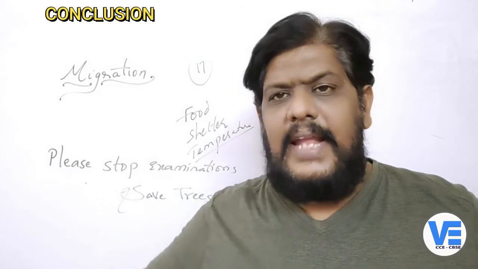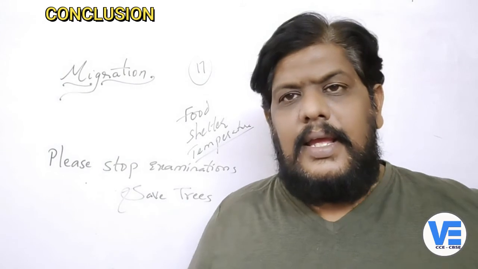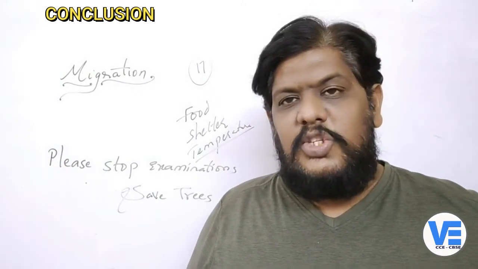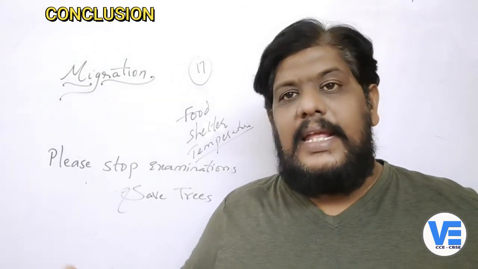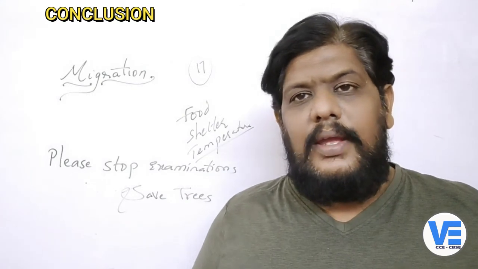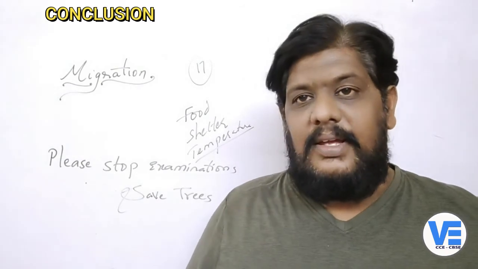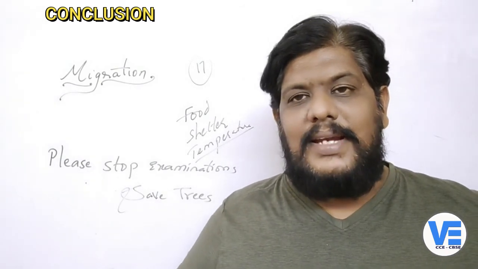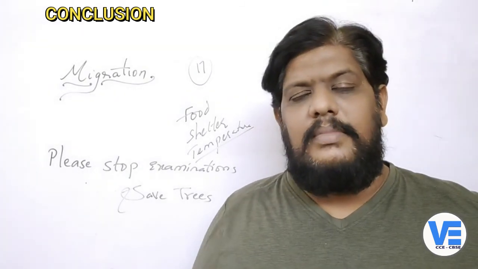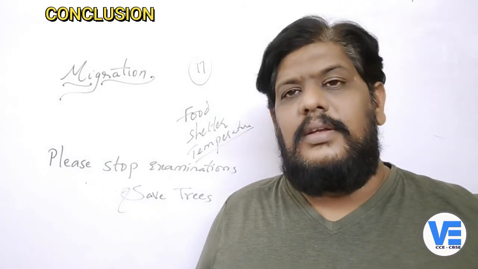In the same way, if one animal is extinct, if one plant species is extinct, then that will have an effect and influence on all the other animals, isn't it? So now we are talking about endangered animals and extinct animals, and one day will come when we also talk about human beings in the endangered list. If all the plants and animals come under extinction, definitely we will also become extinct one day. So to protect ourselves, we have to protect our environment.